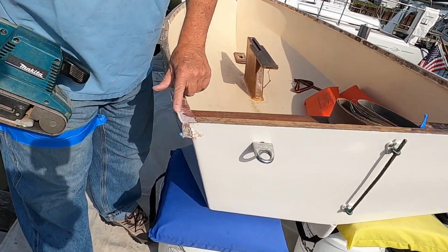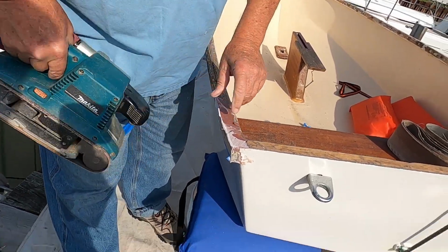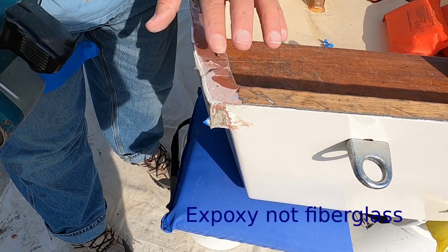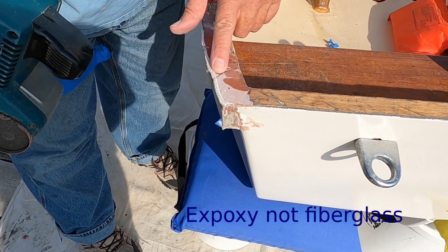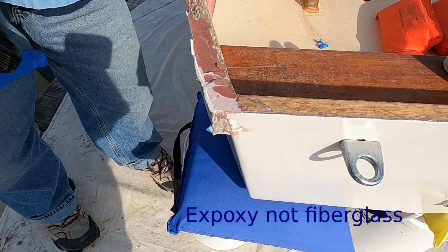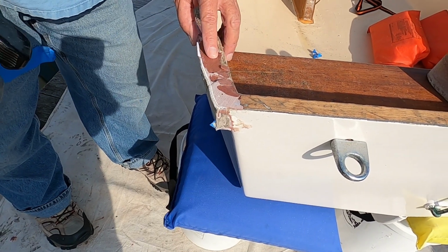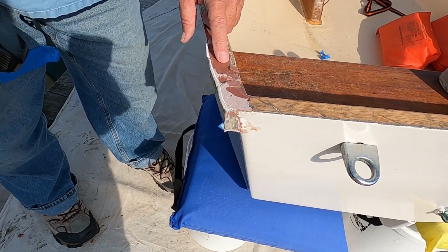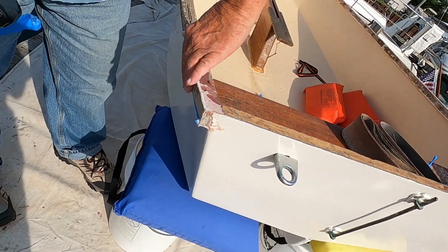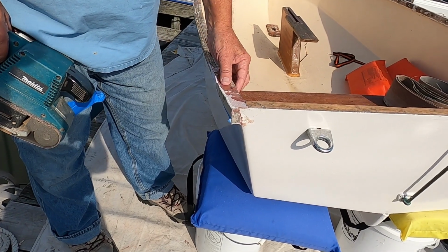you can see how this is like a 60 grit. It's little pieces of gravel, and the fiberglass is tough. It's still a little soft, but it does a very nice job of filling something like this. The big problem is it's not flexible like the wood is. So if you take a hit, it's going to crack it or crack something, because this is actually pretty tough. But we'll come back in a second, and then I'll show you what happened here. There was less wood here than on the other side, and I